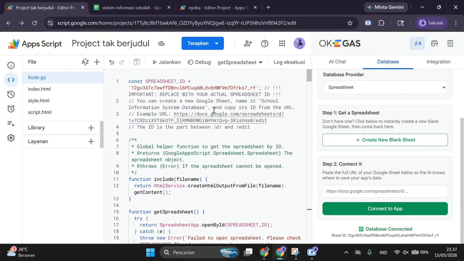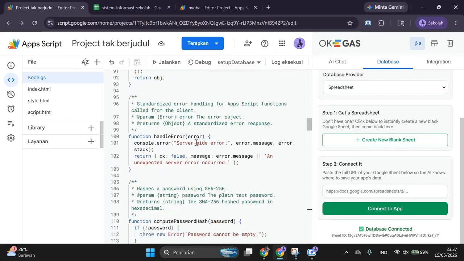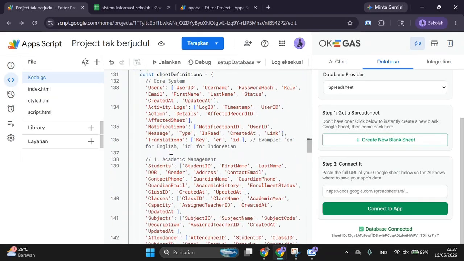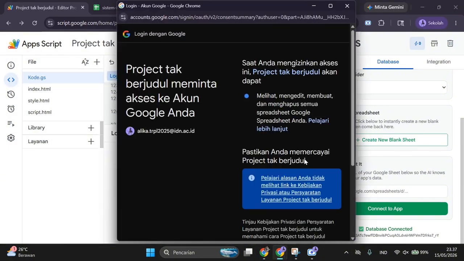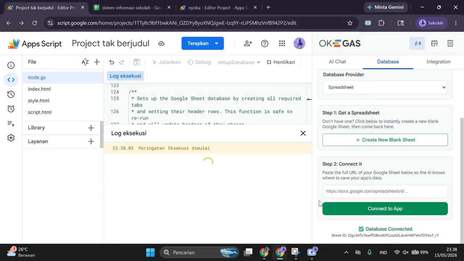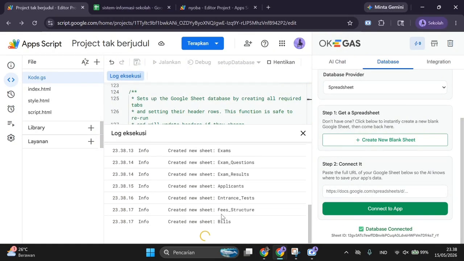The connection between our code and spreadsheet is officially up and running, but hold on a second, we can't just jump straight into building the user interface. There is one crucial step we need to take care of first, and that is establishing our database schema.